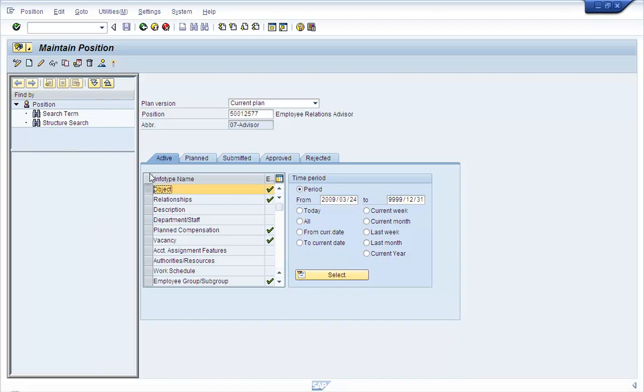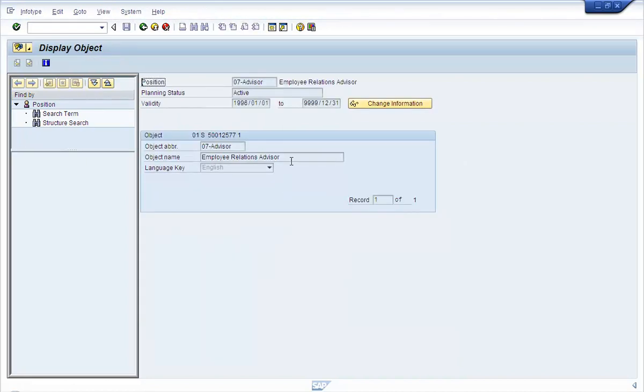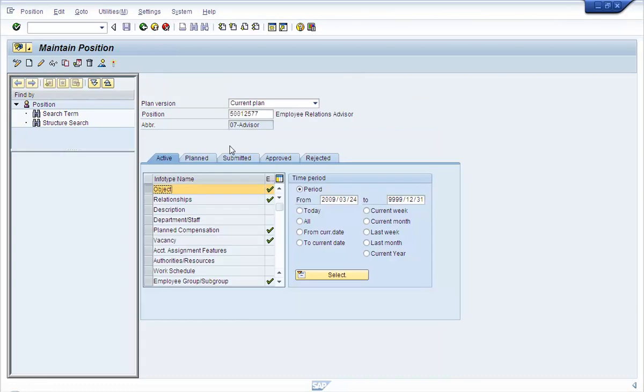Now when I say object, let's say display, you can see the object description, the position description, for example.